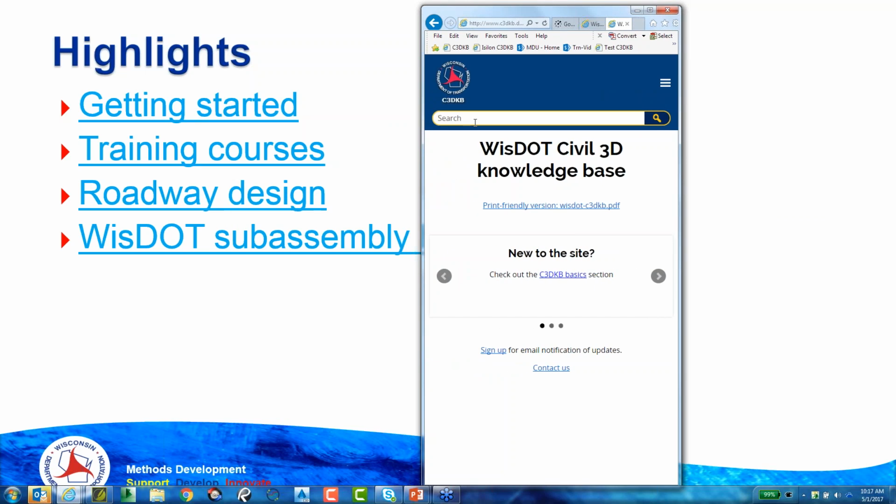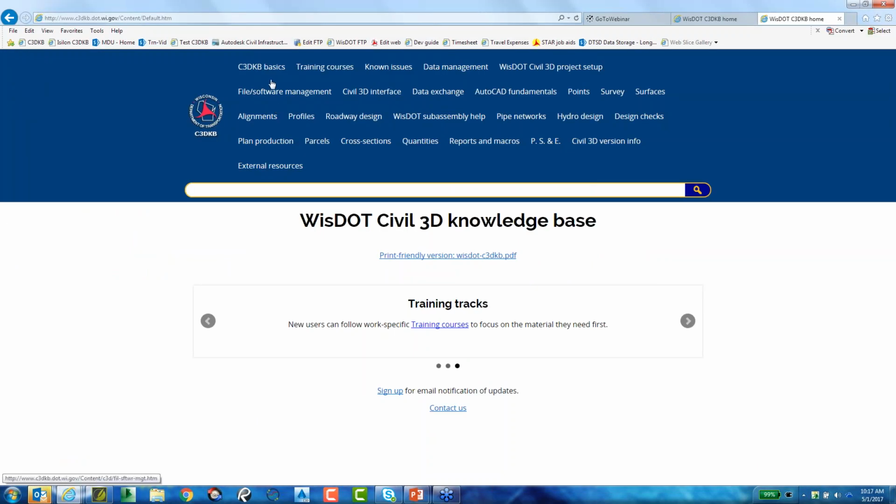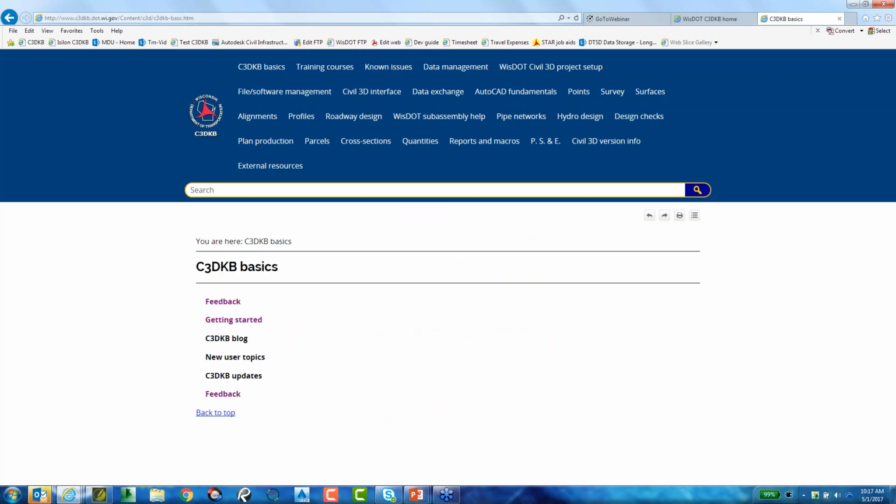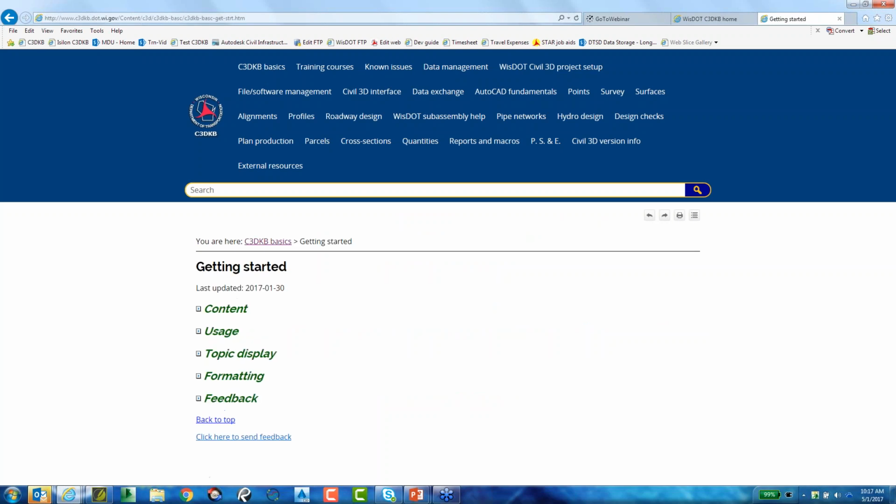A couple of things right off the bat. The search bar is going to be on every page that you've got, and there's going to be a feedback button on every page too. Right now I'm going to expand back up and go right to the basics area. So things are a little hinky. I've got to clean up my double feedback button here, but I'm going to start off in the